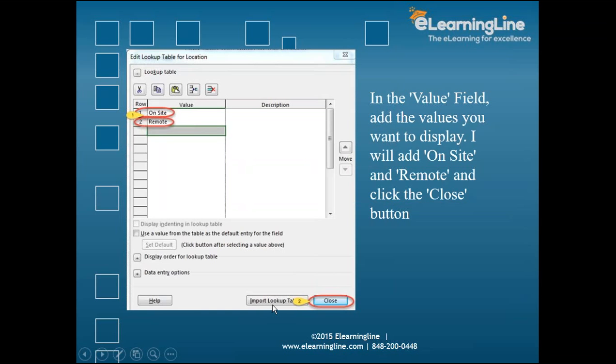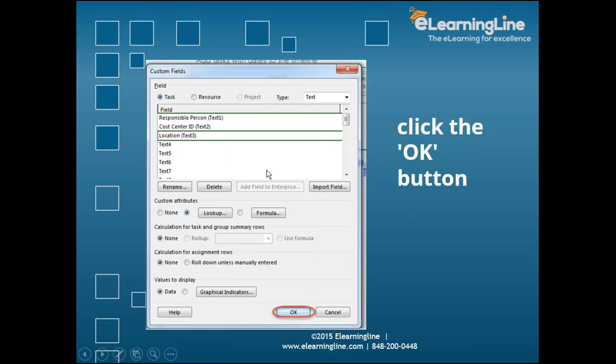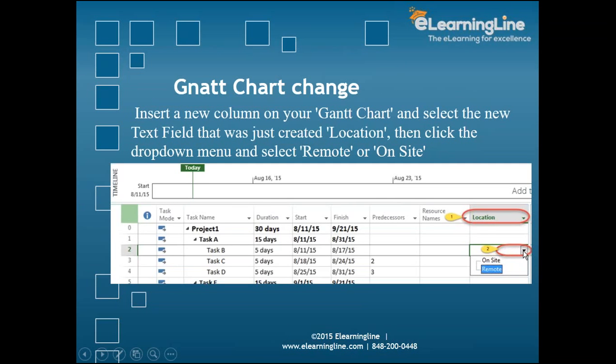Or if you have something kind of an import, which values you have, okay, let's say somebody working in California, Philippines, something like that, you define a list in an Excel and you can import it over here too. So let's say you selected that, and then once that is done, close it. Now you see here how text 3 is updated to location. Now click the OK button. Then what happens? You see here on this drop down, you added a new column where you picked up that location which you created as a custom field.